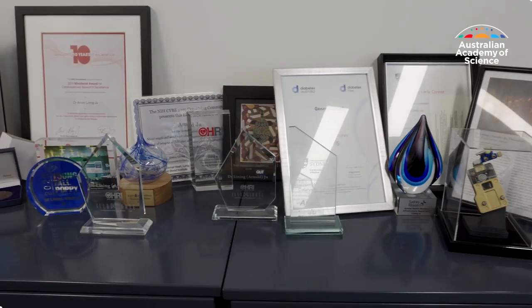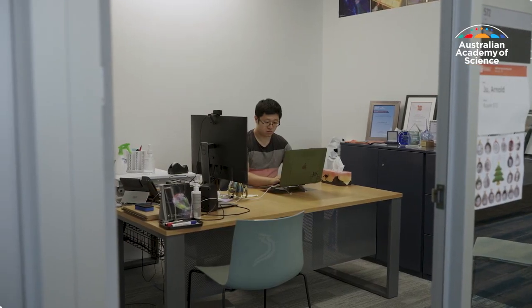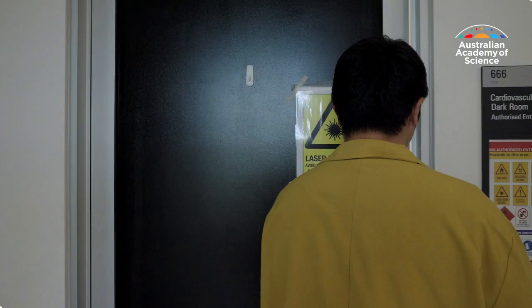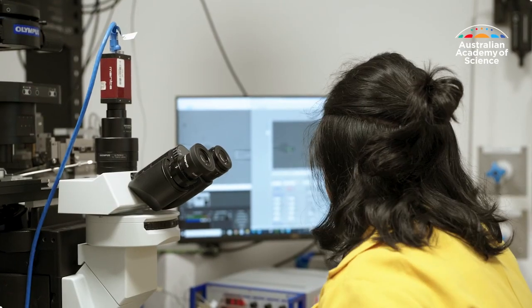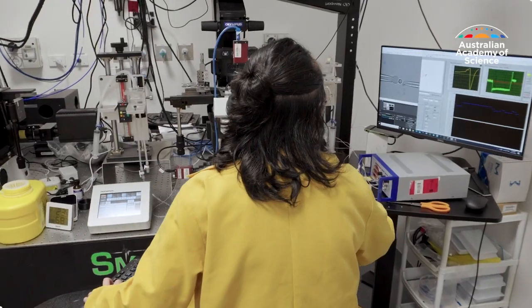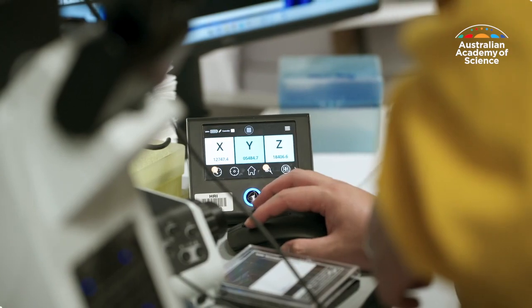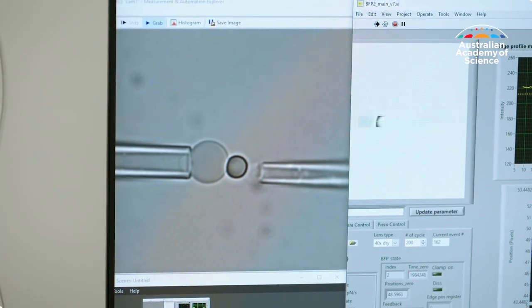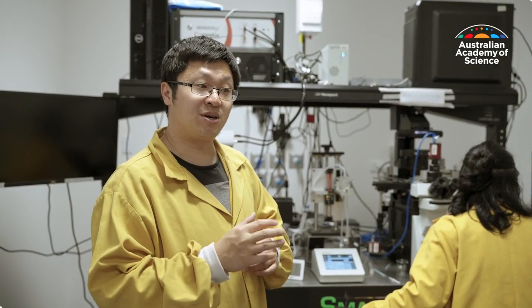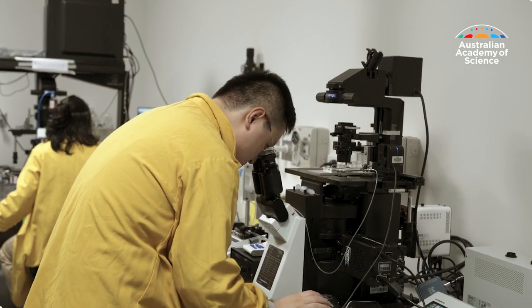15 years later, Associate Professor Zhu now understands a great deal about the biomechanics and mechanobiology of the bloodstream. He's used this expertise to develop nanotools like this single-cell biomembrane force probe, which can physically manipulate platelets, tiny cell fragments that help in the blood clotting process. And then we can use them to understand how these little platelets get activated in response to shear force changes,